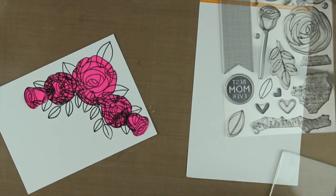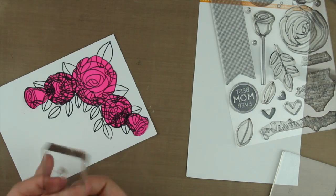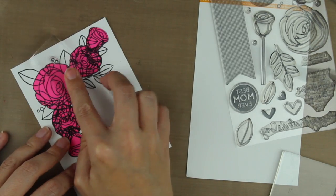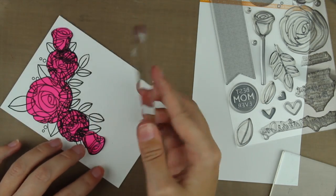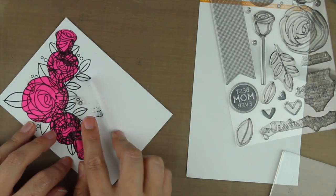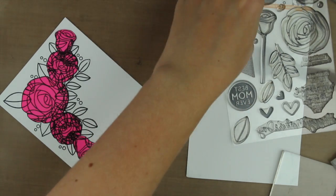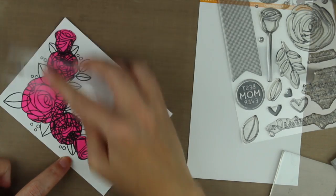Like that. And to fill in even more of the spaces, we are going to use these small dots that come with the kit, and we're just going to put some here and there around this. Like that. And they have a couple of smaller dots. I'm going to use this one just to